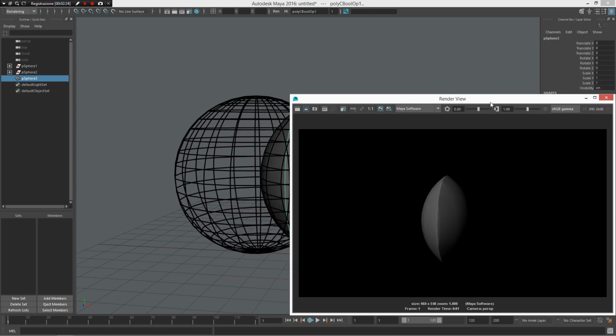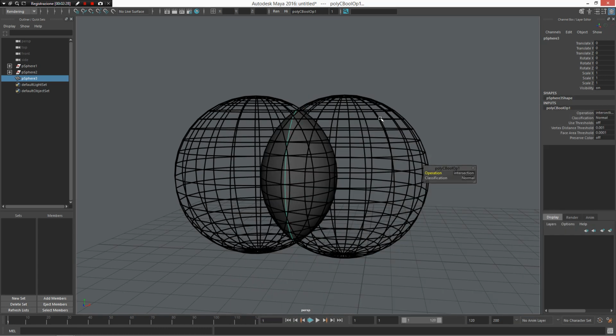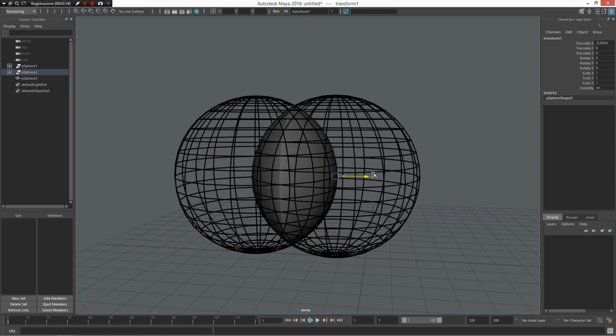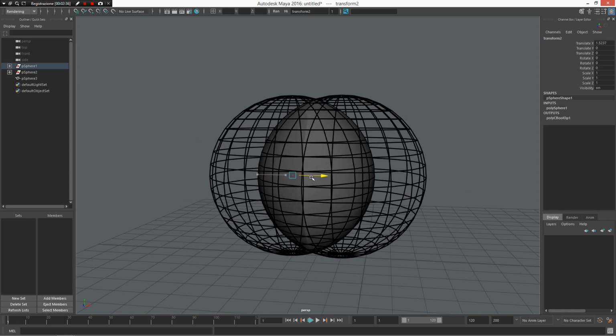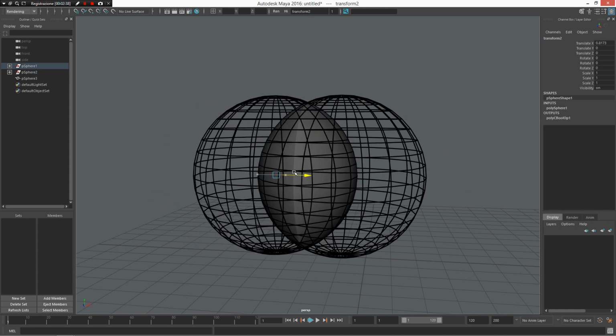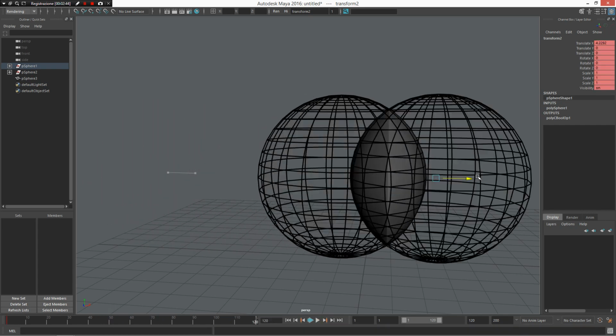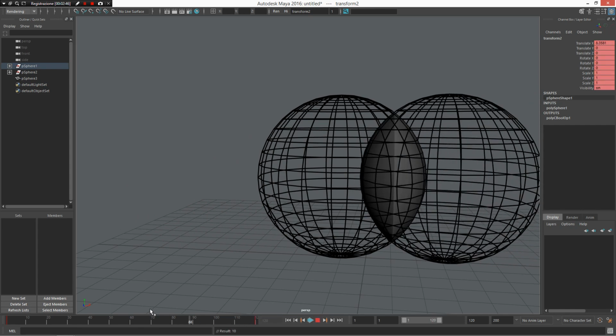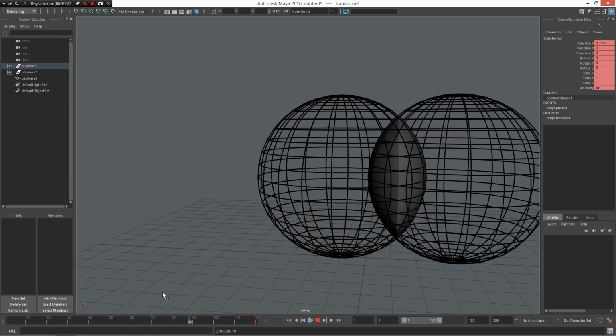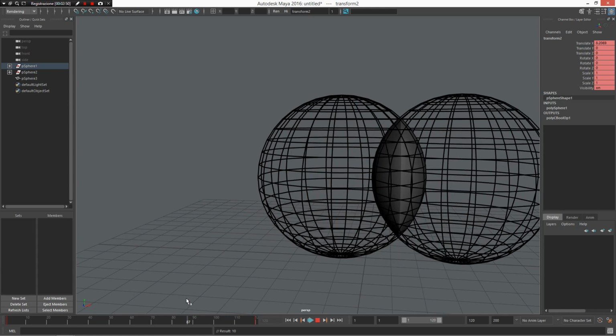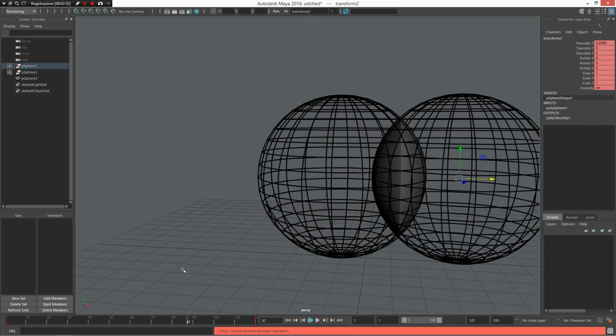The two objects are totally invisible, so they do not interfere with your rendering, and you can select this object, move that object, and have an interactive update. So you can animate too. Very straightforward, I think. And you have this kind of effect. Very interesting.